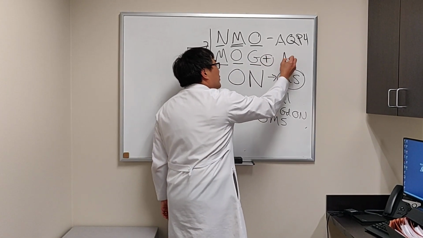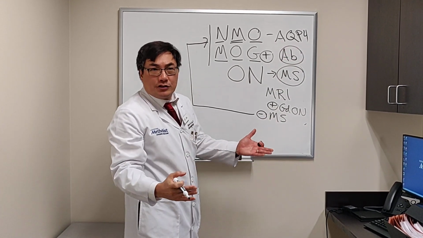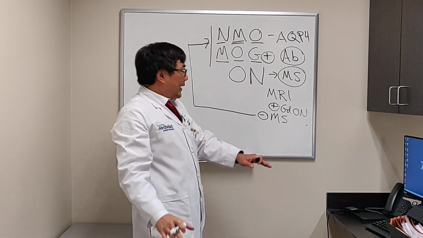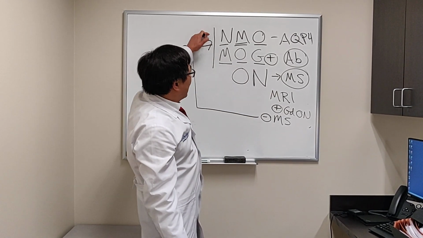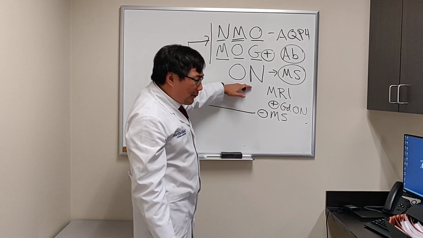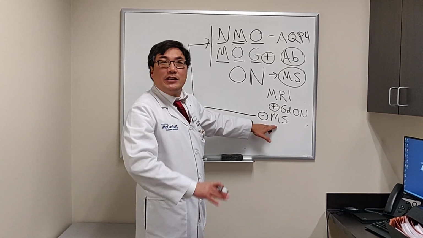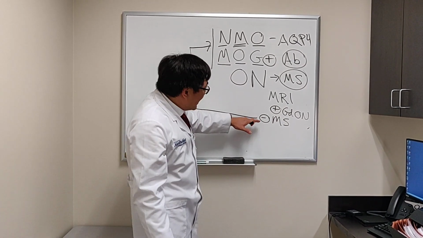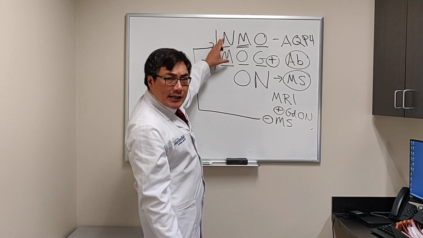And what that means for you clinically is the outcome, the treatment, and the prognosis are going to be completely different from an optic neuritis related to MS versus an optic neuropathy related to NMO or MOG. And so when someone has optic neuritis and their MRI is positive for MS, we just do what we always did. But if it's negative for MS, or if there are features that suggest that it is NMO or MOG,